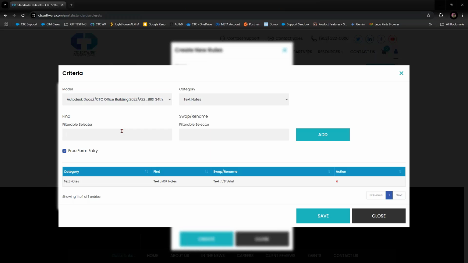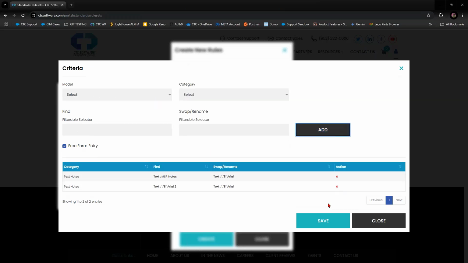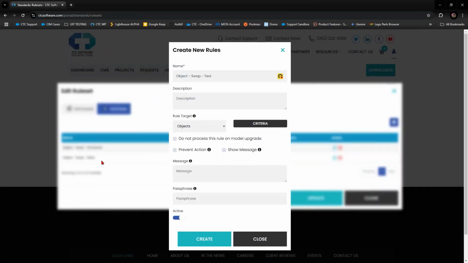So you don't have to worry about that when you're setting this up. So if I do text, it's the family, and then 1/8 inch aerial 2. And then I'll just copy paste this over here. Looks better now. So now I can hit save. So now I've got myself set to do 2 things. Okay. Now,